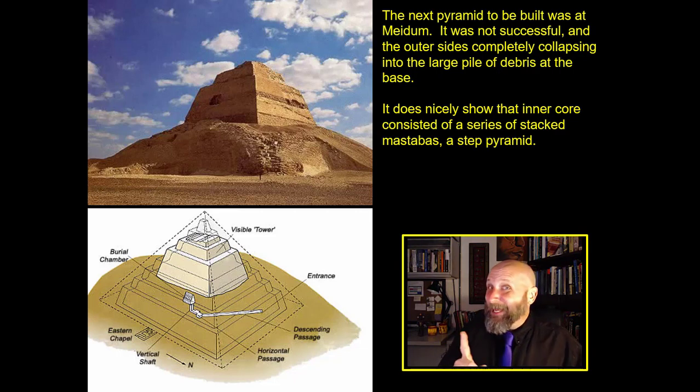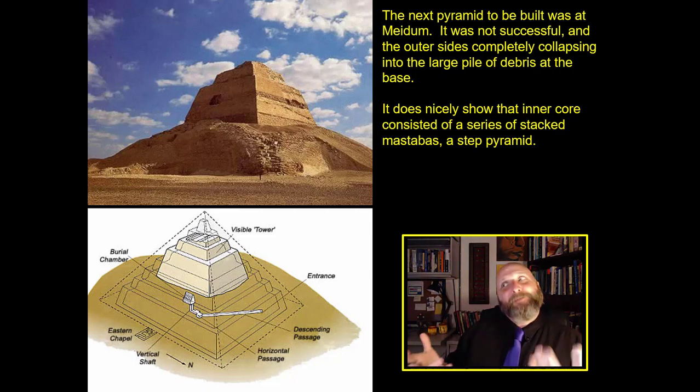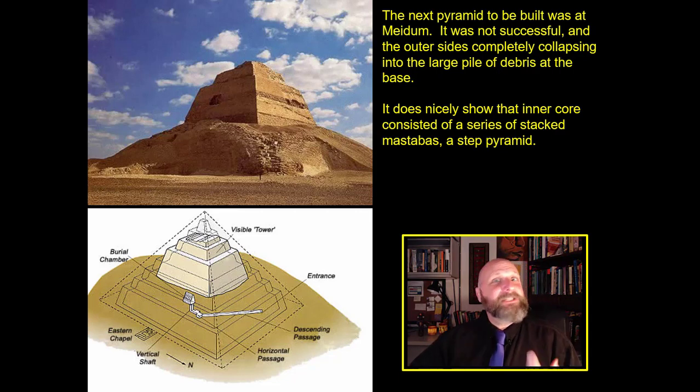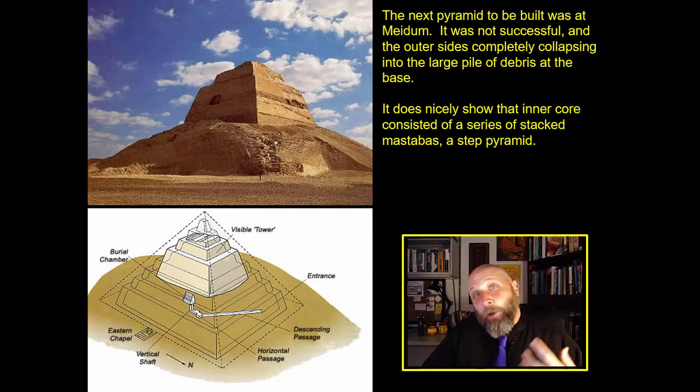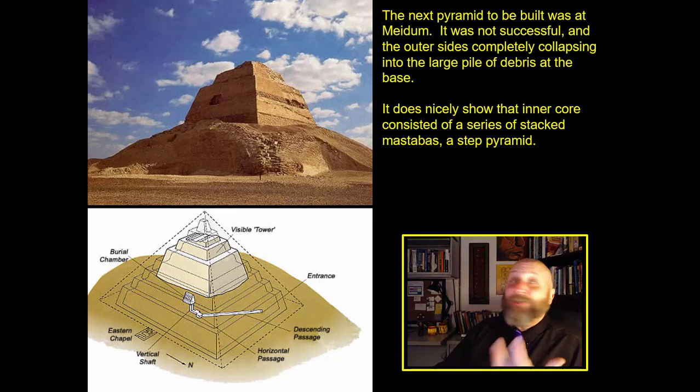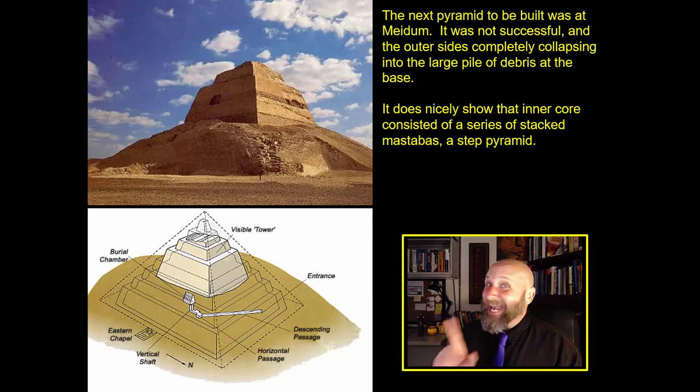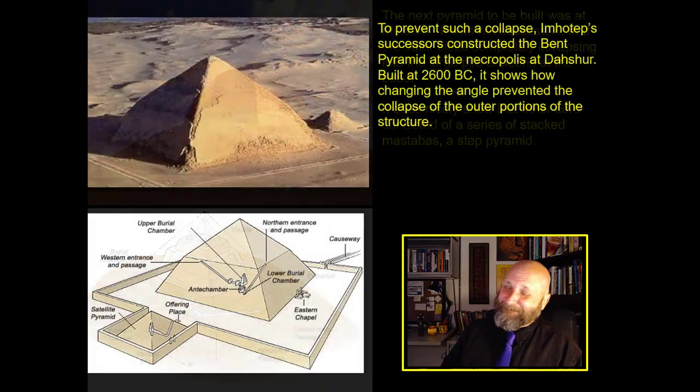Which means somewhere back in the 3rd millennium BC, a bunch of Egyptians were looking at a pyramid, watching it collapse, and then they had a conversation about who had to go tell the pharaoh that his pyramid had just fallen down, and there was no way to save it because the engineering had been completely off. So that happened in antiquity.